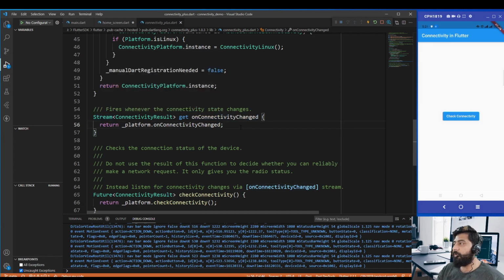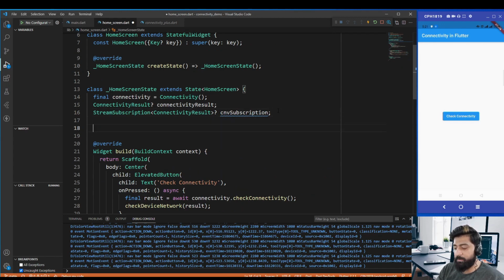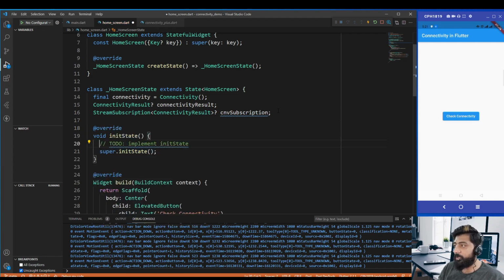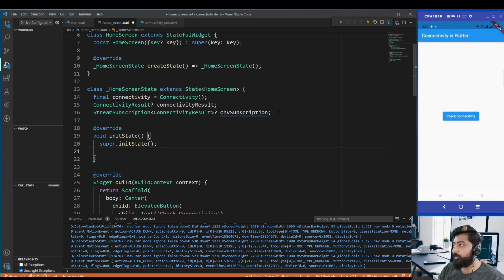So we are going to call this method and store the result in our CNV subscription variable. All that work will be done in our initState method. So first let's override our initState method, and in that method just call this onConnectivityChanged method.